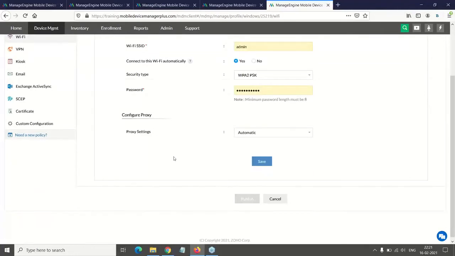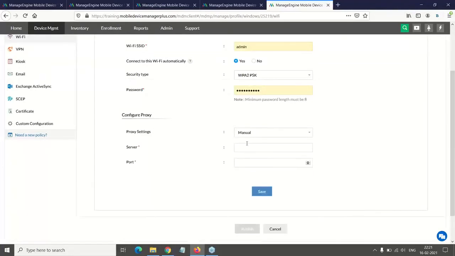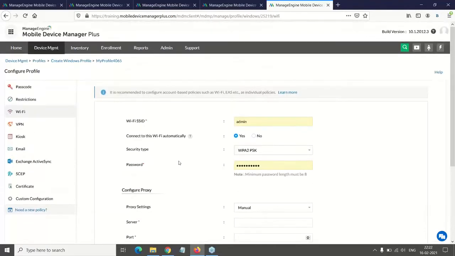If you have your proxy configurations available, you can configure that as well. And once this is done, you can click on save. So this policy will get saved here. When you save a Wi-Fi configuration, you will get an option to add a new configuration as well, meaning you can apply two or more Wi-Fi policies on the same profile, which will make sure that even if one network is down, the device will get connected to any of the other available networks. This is to ensure that the device always stays online and it always stays inside the MDM's management.